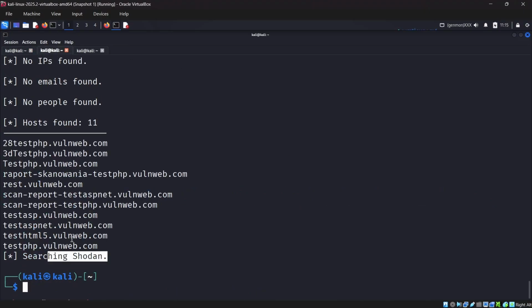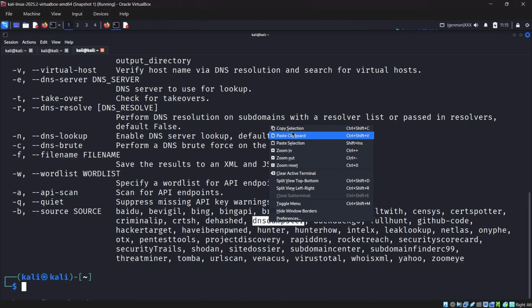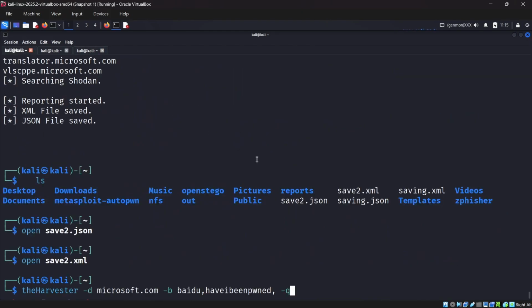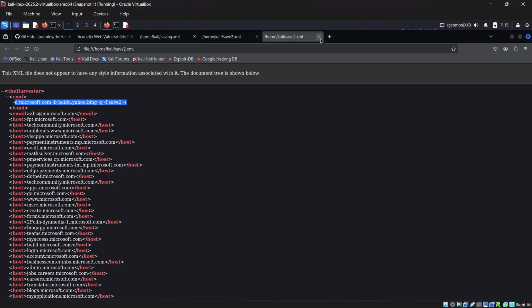And also I just want to use some other data sources from here. DNS Dumpster is here, so let me try to use DNS Dumpster also. So yeah, let's try to execute this. We are targeting Microsoft.com, and -b is for specifying the data source. Here we specify the Baidu data source, the Have I Been Pwned data source, and DNS Dumpster. So basically, you can just search for Have I Been Pwned or Baidu or DNS Dumpster, and you'll be able